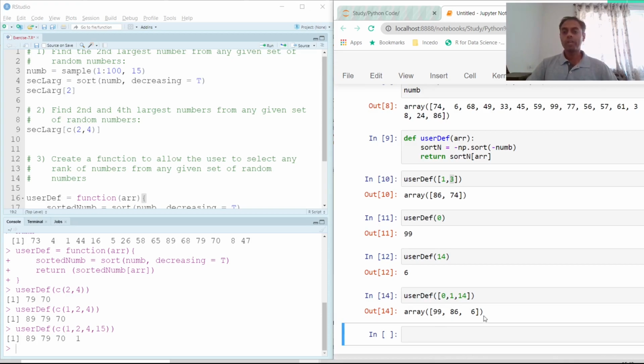So this is how we can use a function to help the user, or to ensure that we can take care of the different requirements that different users would want. Some users, like we said, want just the largest number. Some would just want the smallest. Some want the largest and the smallest. Some want the top 3 numbers, or the bottom 3 numbers. So it could vary from person to person. We are generalizing the requirement by creating a function.